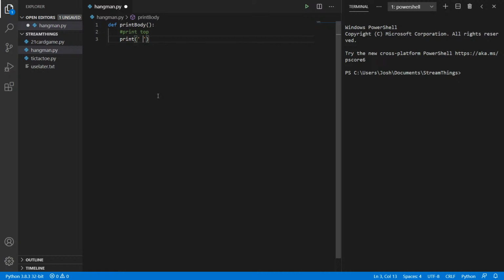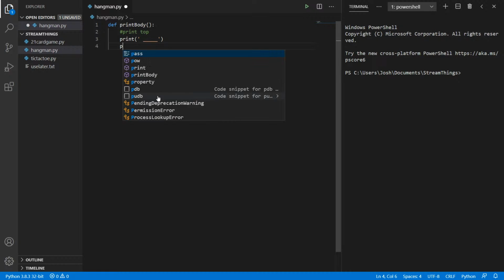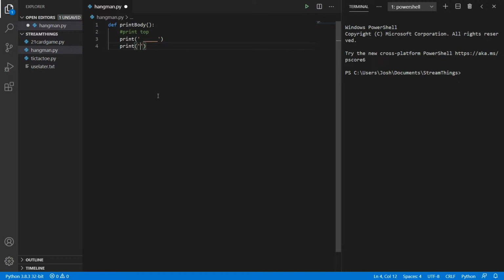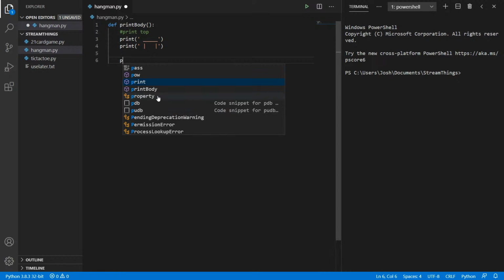I don't know how many should I do. I think 5 is a good number. One, two, three, four, five, probably. Yeah, let's do 5. Okay, so that's the top. Maybe like a vertical line there, and a vertical line here, right? No, I think that seems off. Here? There we go. Something like that, right? Okay, so that's the top of the top thing. So we got the top. So right now let's do the head,